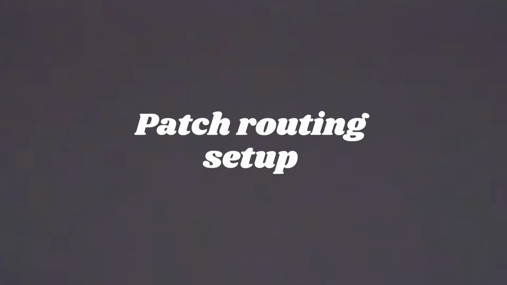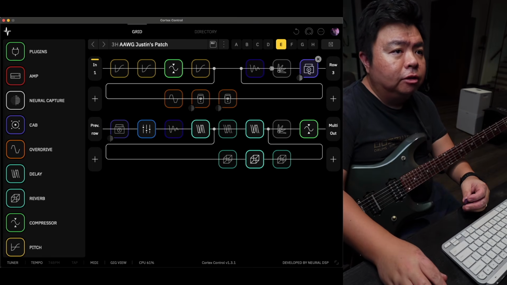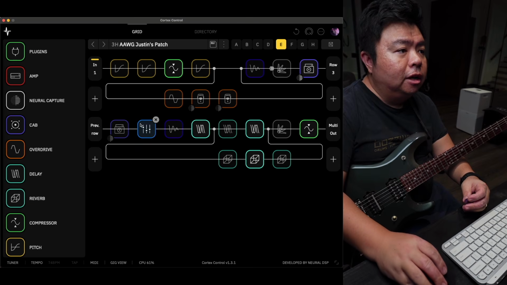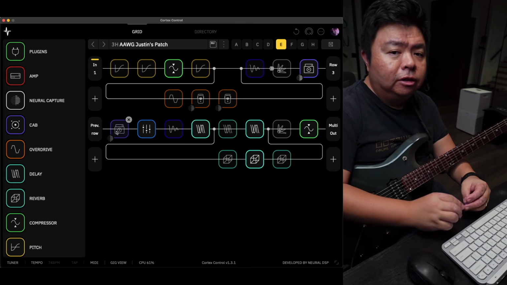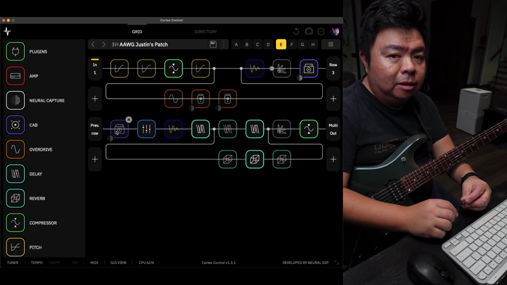Some preliminary notes about this preset: there are no stereo amps. There might be two amp captures that you see here on row 1 and here on row 3, but they're not on at the same time. This is a signal path where I am relying on one amp capture at a time,